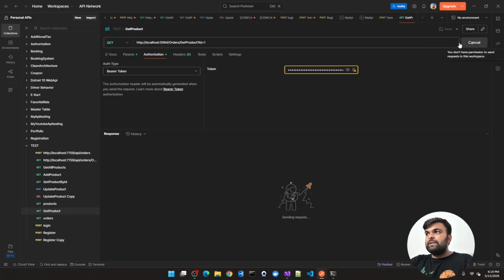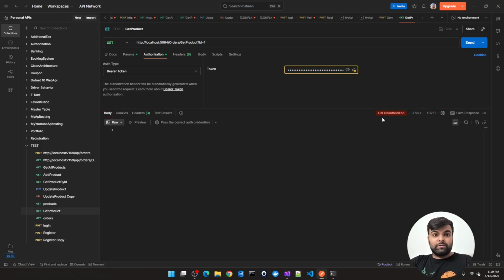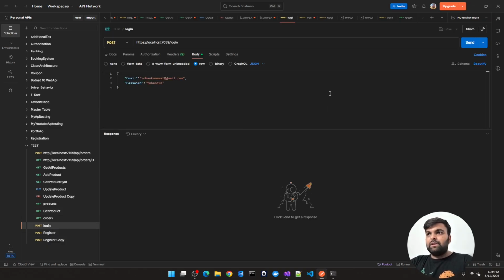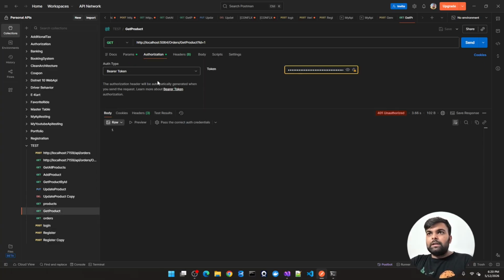First of all, let's check whether our authorization is working or not. I have hit the API and I got a 401 error. So of course I will re-login, or regenerate a token. Thereafter, I will try to fetch the data from the version 1 service.